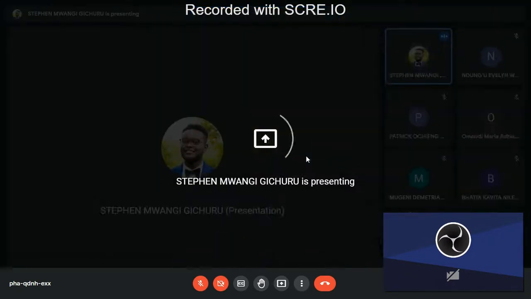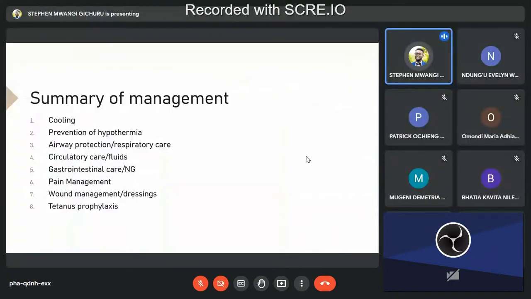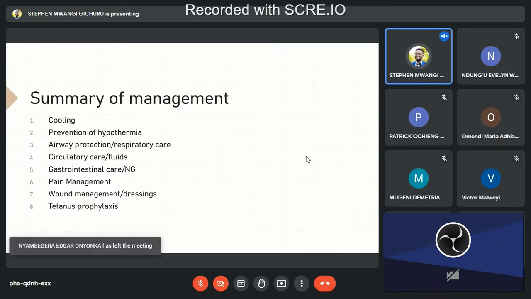So we'll briefly talk about, if you don't remember anything from this tutorial, basically, this slide is the most important. How to manage burns: from cooling to prevention of hypothermia, to airway protection, fluids, GIT care, pain management, wound care, and then tetanus prophylaxis. I think these are the points that they want you to say in an oral, even when you're seeing your patients